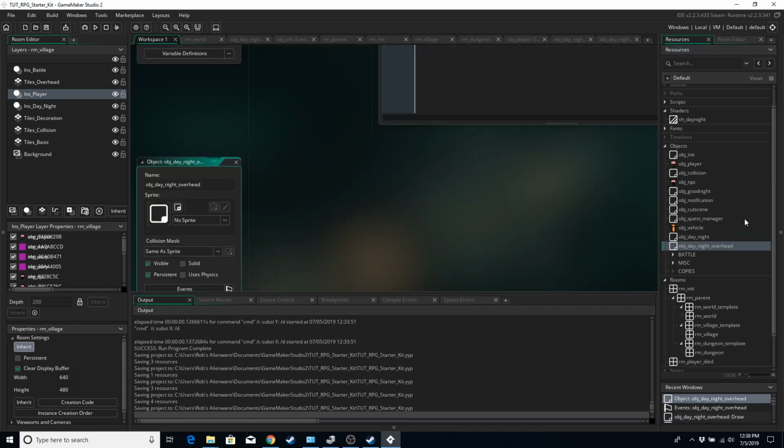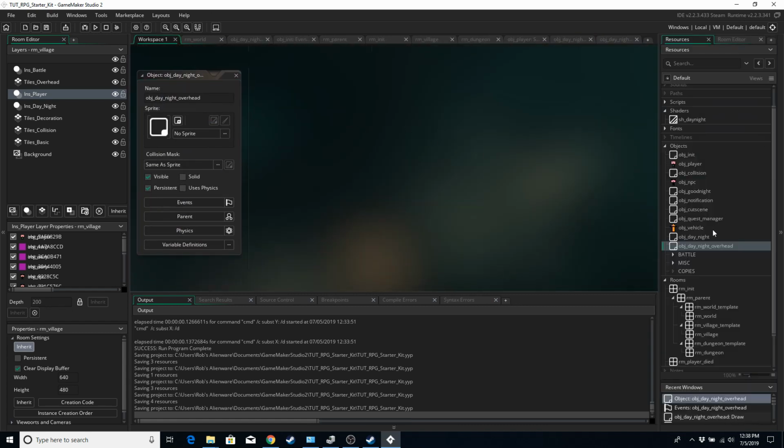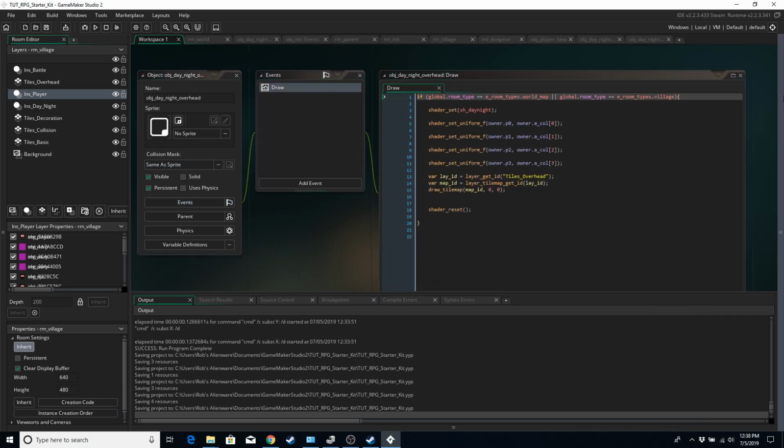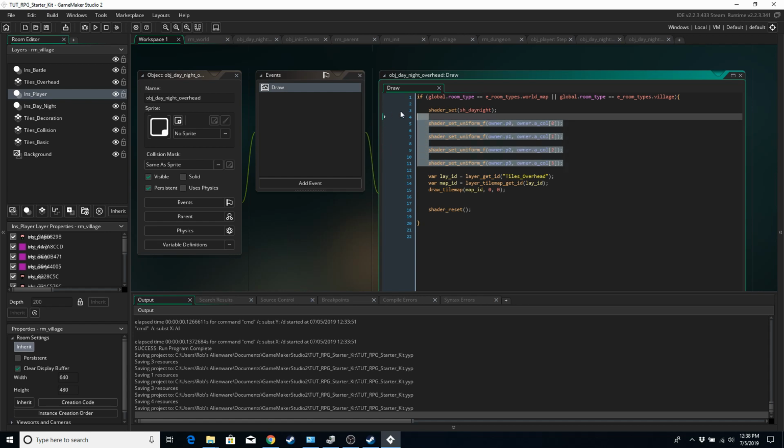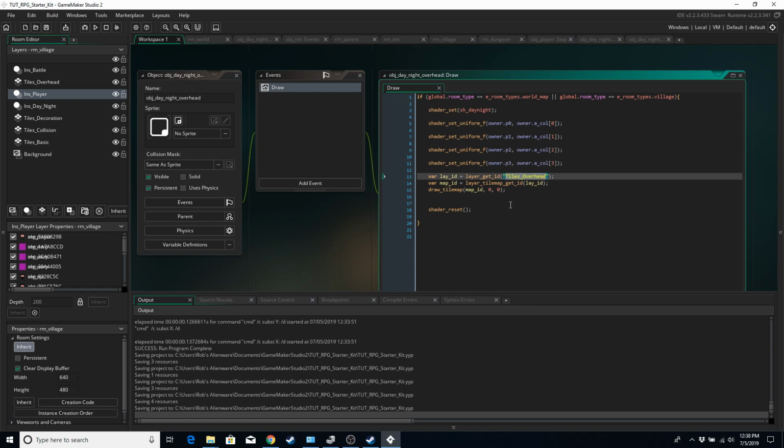And in the object itself, the new one, we only have a draw event, and it's very similar to the one from obj day-night. The only difference is we are grabbing owner.p0 and owner.acol because we want to get the parent, the owner variables, and we are just drawing the overhead layer inside it. So now if we run the game,